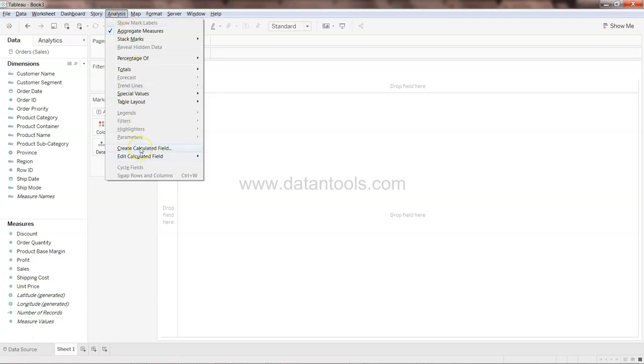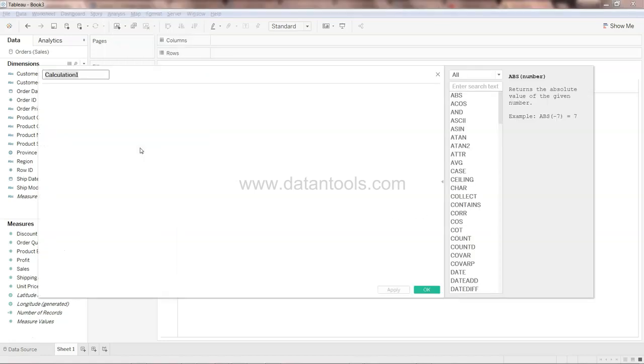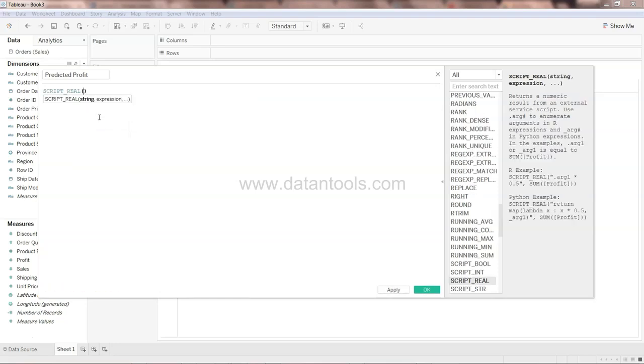After that, to write the function for the prediction, go to Analysis, Create Calculated Field, and in that we will write the name of the calculated field as predicted profit, because profit is already present, and since we are predicting it, we will write predict profit. And then we will write SCRIPT_REAL. I will come down to the third option, press Tab and start the double quotation, press Enter, another Enter,